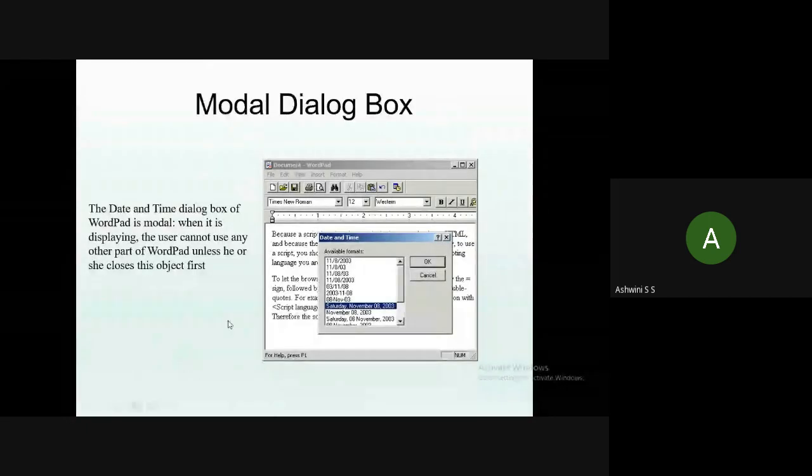Okay, next you have modeless. Modeless dialog box is vice versa of the modal box, which means even though the secondary windows are open, the users are permitted to make changes in the primary window. It is used when interaction with other windows must be permitted, which means even though the secondary windows are open, the user can make changes or interact with the primary window. That type of secondary window we call a modeless dialog box or modeless secondary window. So this was about modal.